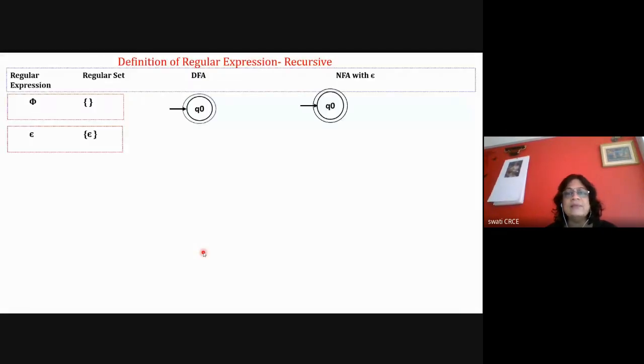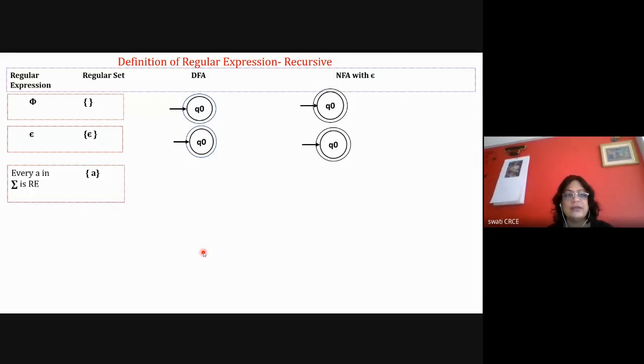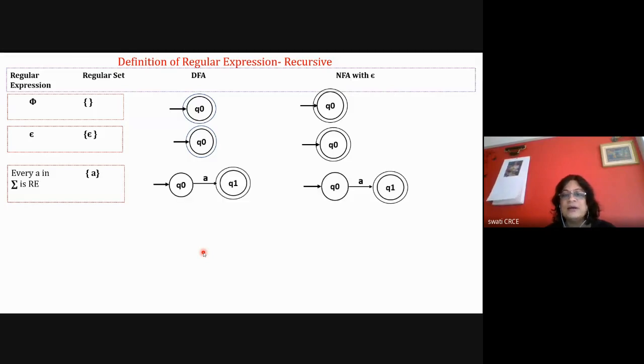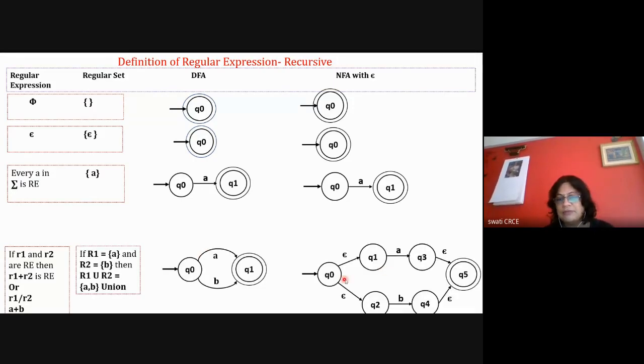Then we have seen the standard diagrams of NFA with epsilon. For the empty string, the initial state is equal to the final state. For a symbol, with the symbol it will go to the final state. Then for R1 plus R2, this is the standard diagram. With epsilon, it will follow either this path or that path, either A or B. So either one of them, with epsilon symbols added, is the standard diagram. And this is the corresponding DFA with no epsilon symbols.